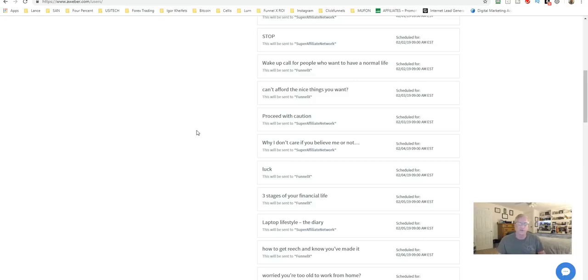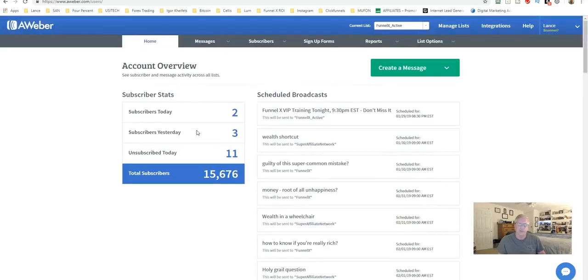And you should always be getting rid of dead weight. What do I mean by dead weight? Dead weight are people who unsubscribe or undeliverables because their email keeps bouncing, and they should not remain on your list, because as this number goes higher, it'll reach AWeber's threshold of a certain point, and then you will start getting charged more money.